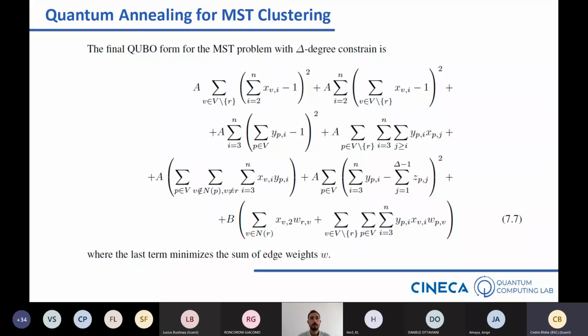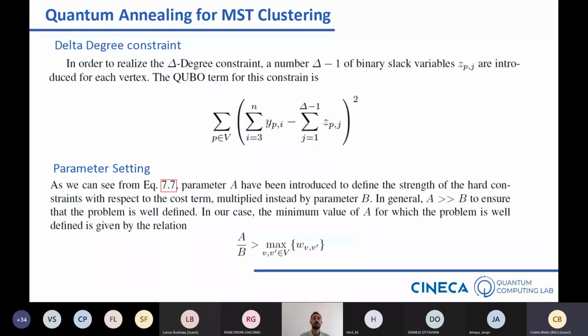I was wondering whether this A over B greater than the maximum value of the parameter W was actually strict. Strictly true as expressed. It seems very simple, and you just consider the maximum value of the parameter over the set of variables W. Is that strictly true as an inequality condition, or does it have to be much greater than the max? I think mathematically this is strictly true